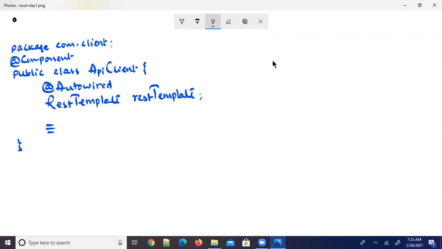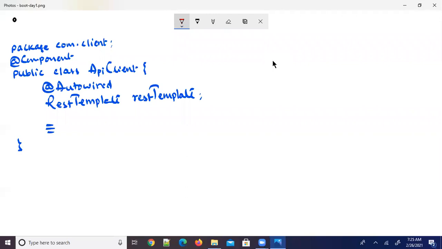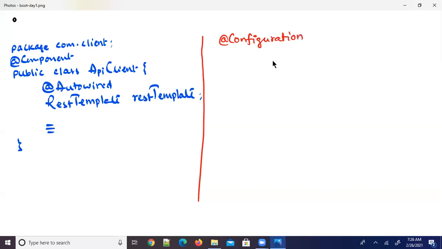So how am I going to write my configuration class? Look at this. I am going to write my configuration class like this. @Configuration. Say @ComponentScan, basePackages equals, say, com.client.